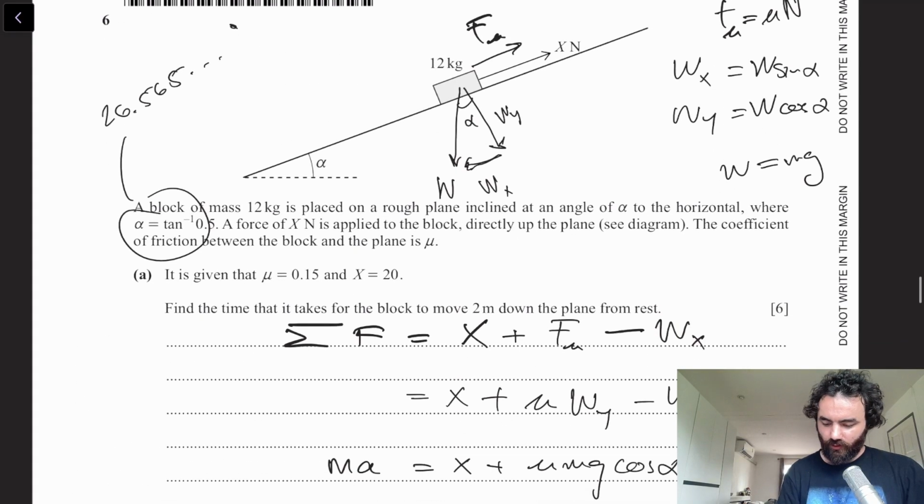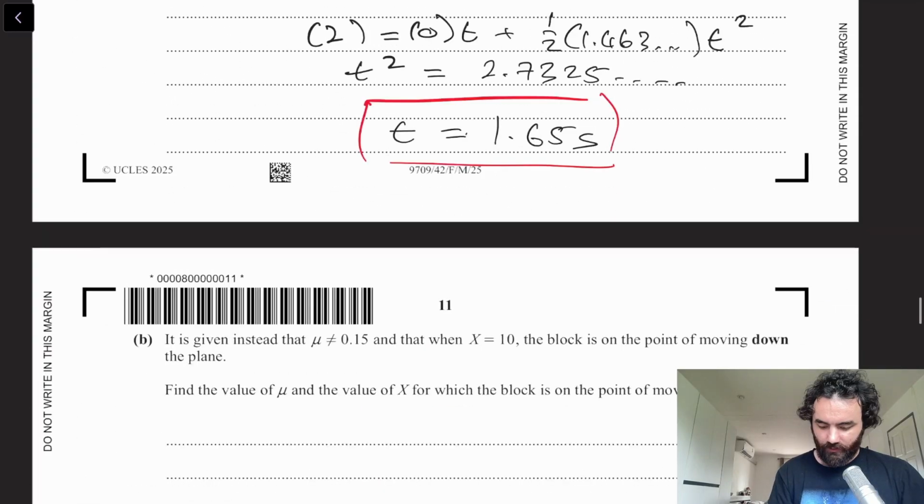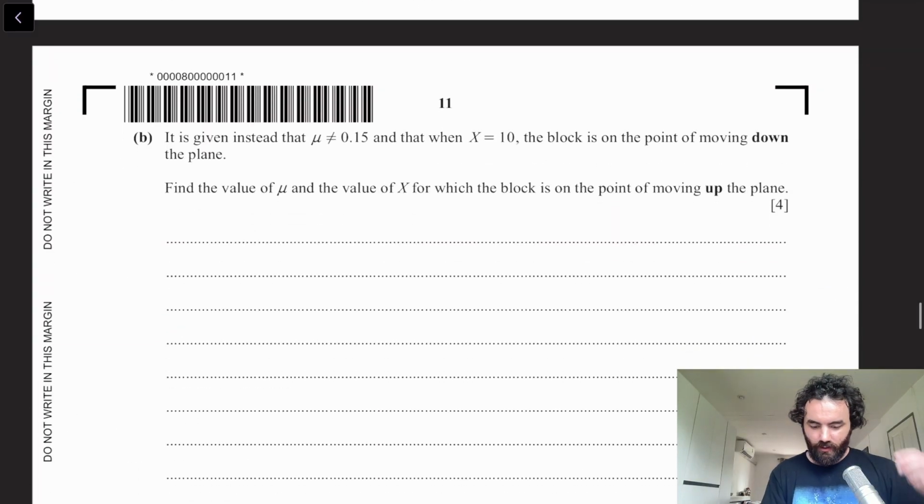Okay, so you just resolve the forces. Okay, part B, let's keep going. It is given that when x is 10, the block is on the point of moving down the plane. Find the value of mu and the value of x for when the block is moving up the plane. Okay, so when it's moving